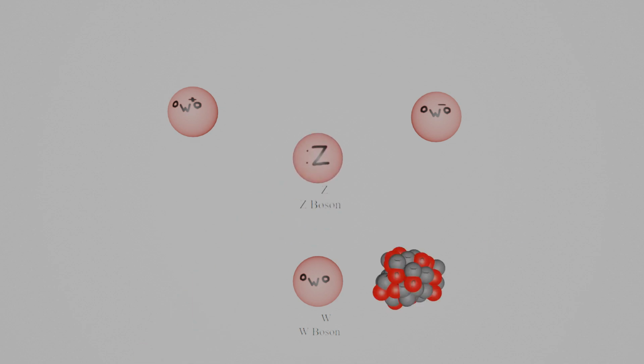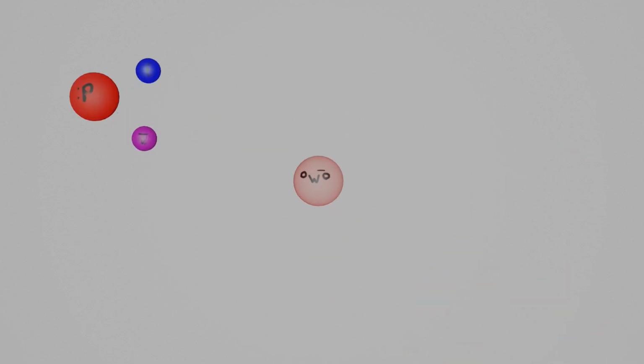W bosons come in W positive and W negative, which are both antiparticles of each other, and have charge of plus or minus 1 elementary charge, while Z bosons are neutral. W bosons have mass similar to cobalt, and Z bosons close to ruthenium, limiting the range of the particles, unlike photons. The W bosons correspond to the release and absorption of neutrinos, while Z bosons correspond to momentum, energy, and